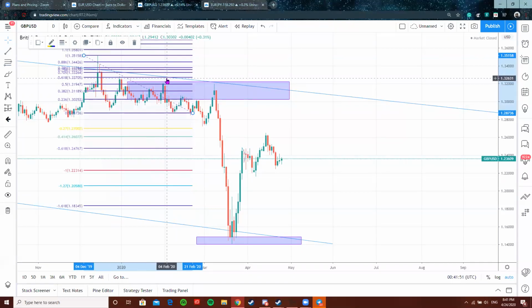Meaning, it kind of almost looks like a distribution phase in a sense. Exactly, because it's going sideways, acquiring liquidity, and this is something that Jim used to always tell me. Whenever it's doing this, it's because the banks are about to make a big move. It's kind of like a coil coming together, right?